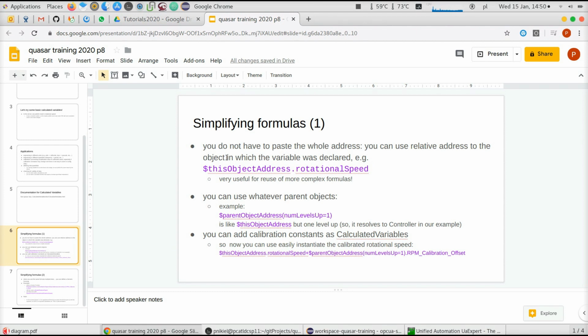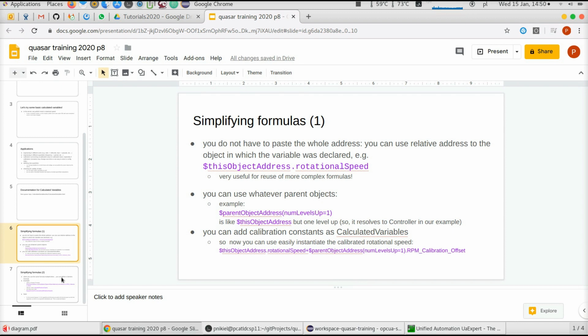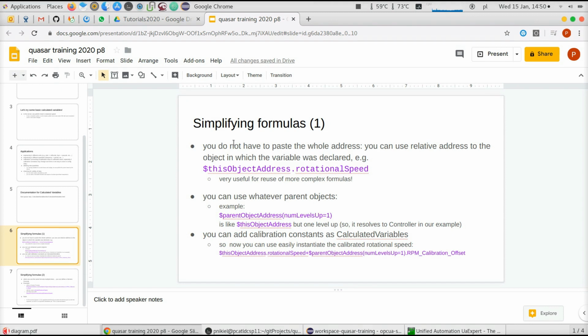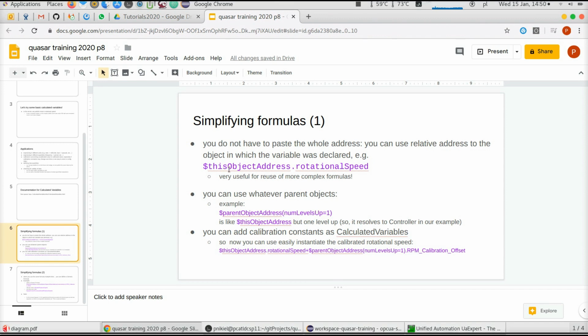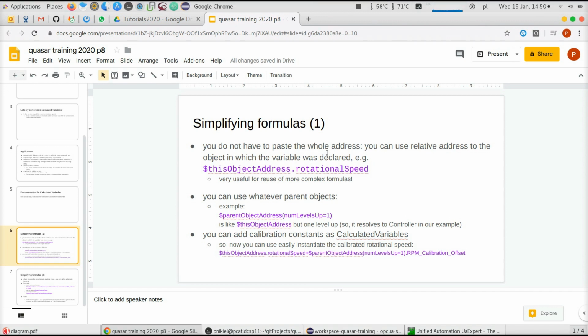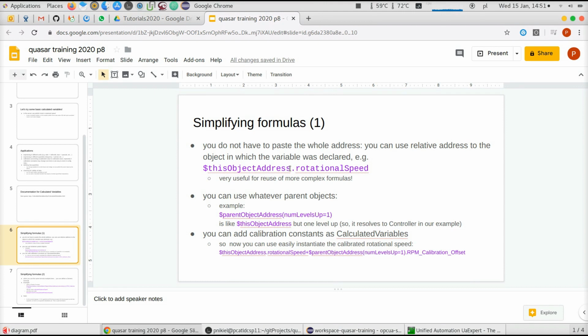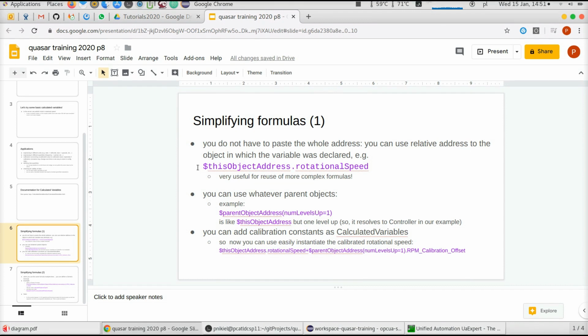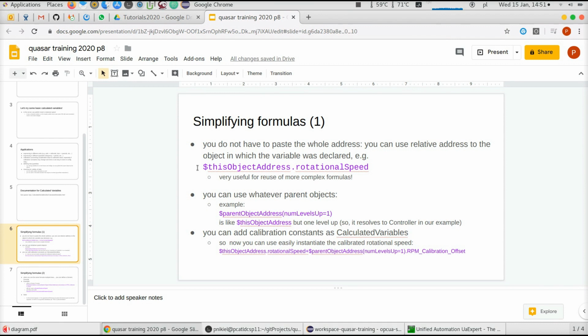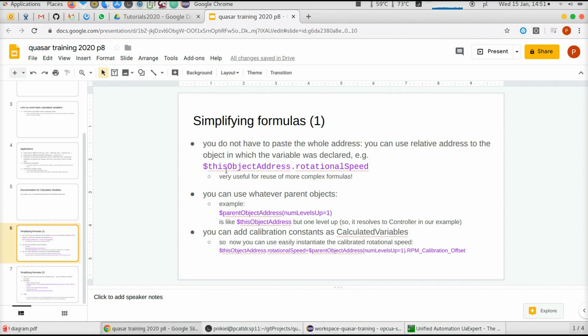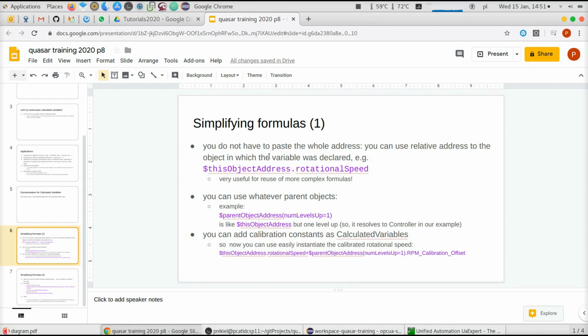So first of all, in the example that we just did, we used the full address. So you had to paste the full address, but you don't have to do that. You can use some dollar expressions that we have in Quasar. The first of them, which is very useful, is this object address. Now, what does it do when you write this in your formula? The whole expression from $ until the very end of the string, so $this object address, will be substituted with